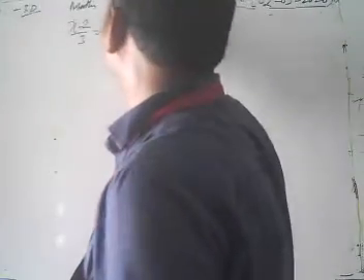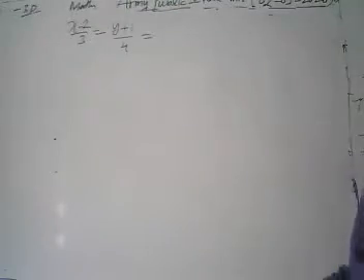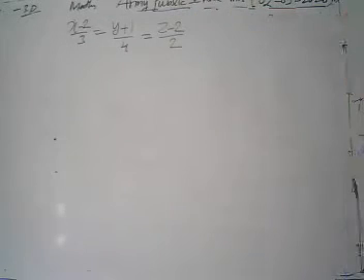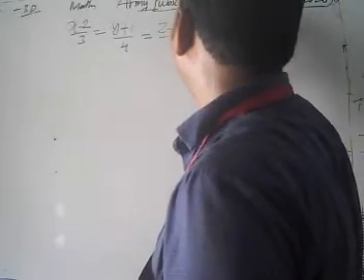What is our line? It's (x minus 2) by 3 is equal to (y plus 1) by 4 is equal to (z minus 2) by 2. Look, find the coordinate of the point where the line (x minus 2) by 3 is equal to (y plus 1) by 4 equal to (z minus 2) by 2 intersects the plane. It's our line equation.